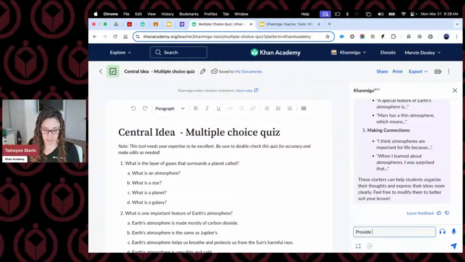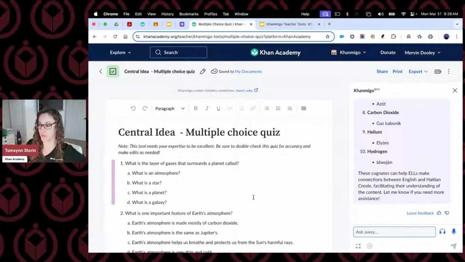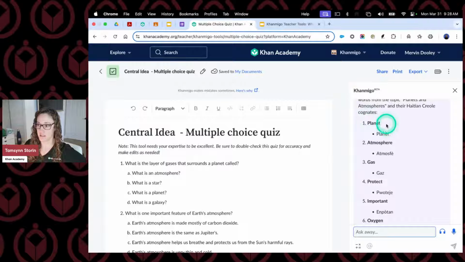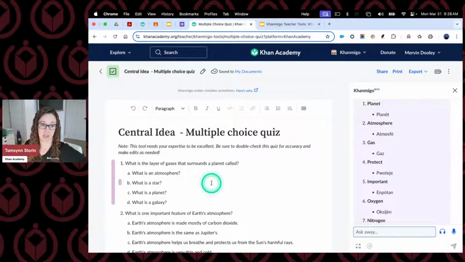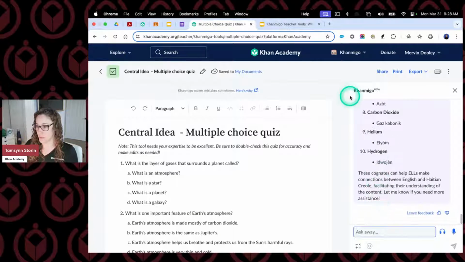So I can say provide the cognates in Haitian Creole that are in here, so that can help your students pinpoint those keywords in this quiz, like planet, which has a similar sound and pronunciation. You could also do that in the text that we created for your students as well.